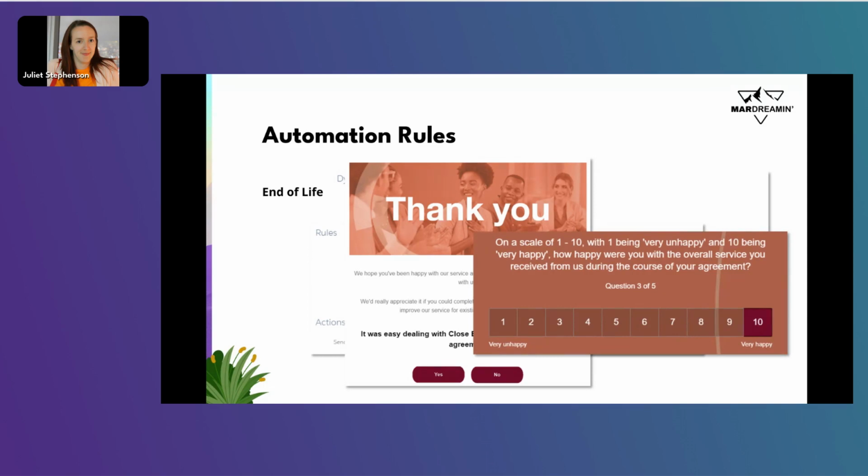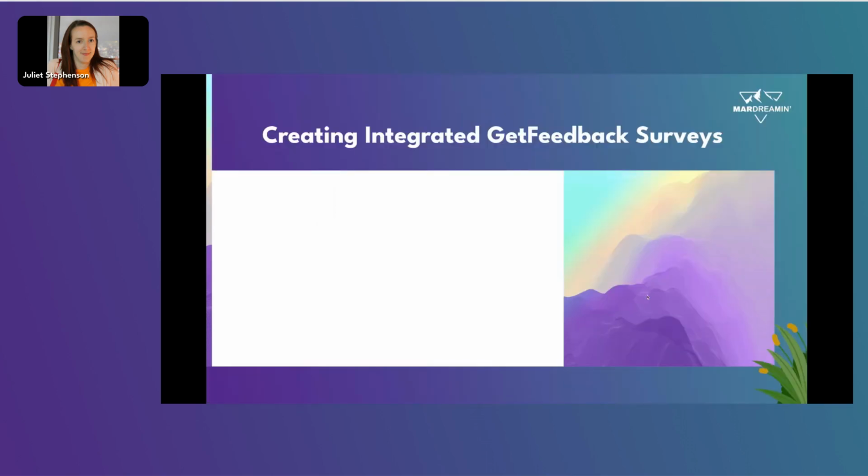So, Get Feedback. Get Feedback is a customer experience solution, and it's purpose-built to work with Salesforce. So to start off creating the surveys,